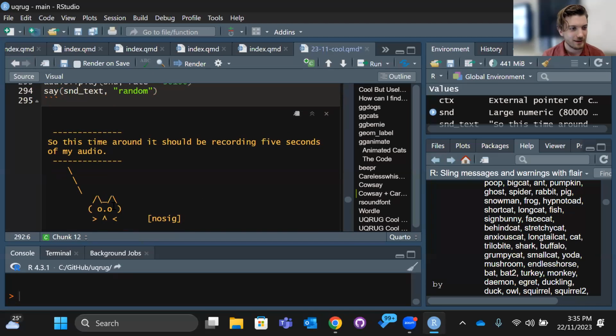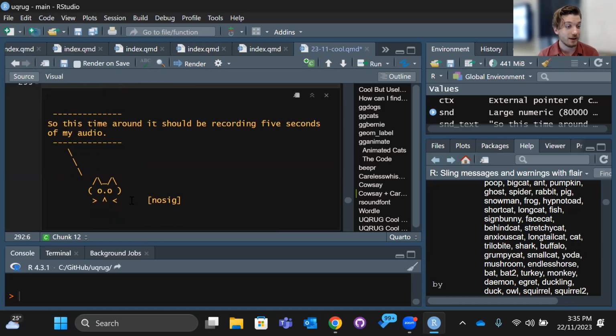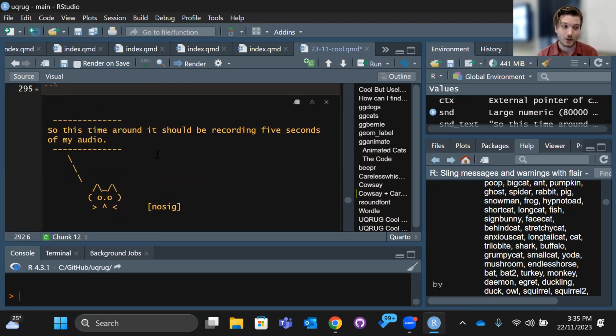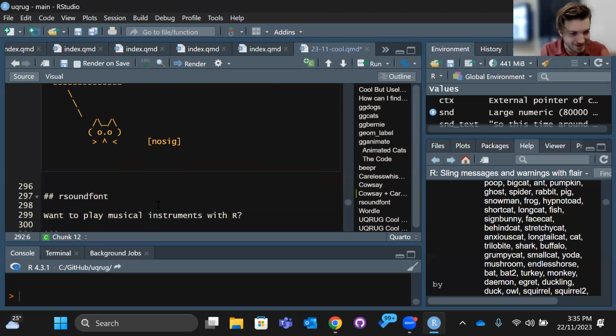So then if you combine Cowsay with Carelesswhisper, and I run this, we get a cute little cat saying what I said, whilst what I said is said aloud in a chipmunk voice. And I like that it was a tiny little cat because I chose random, and I think that was a really good choice. So yes, there's always ways that you can make something that is useful into something that's entirely useless. Play with that thing and see what kind of fun things you can get out of it.